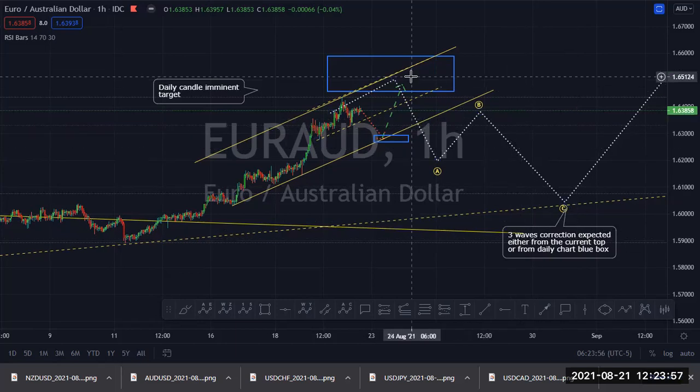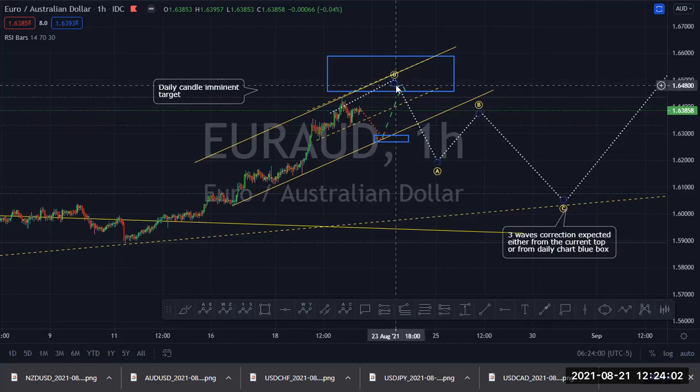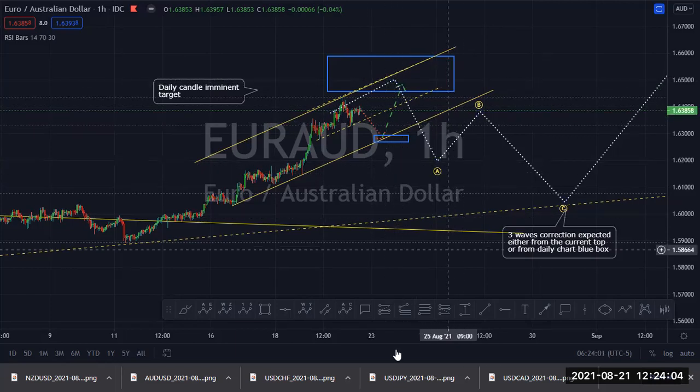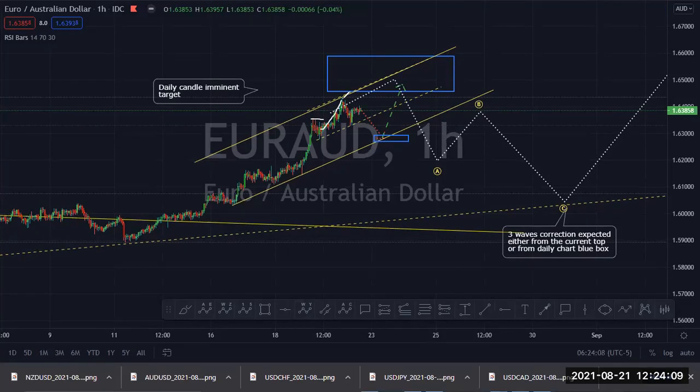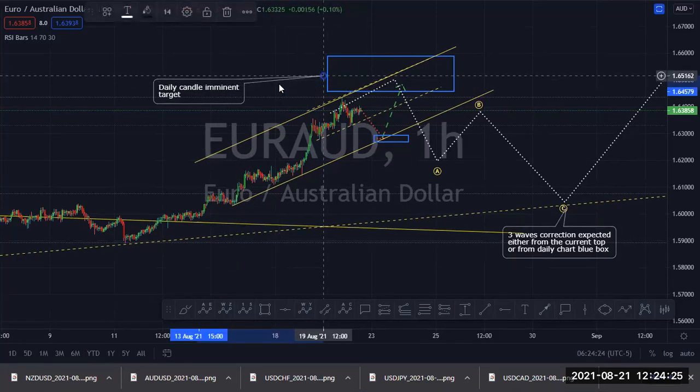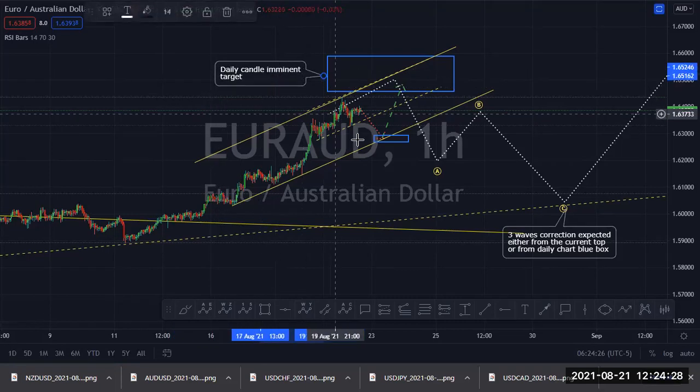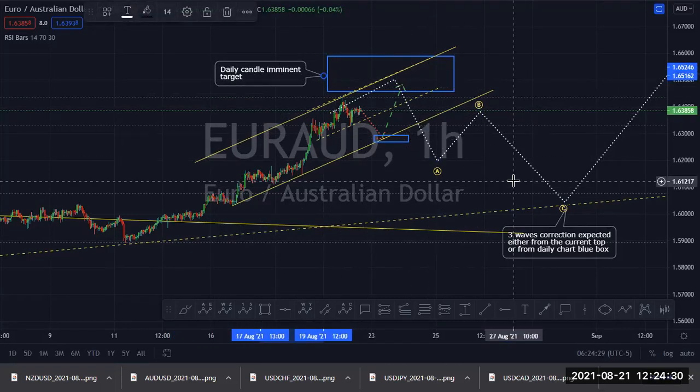Why do I say that? Sometimes when you try to catch the first move, you may think, for instance, the first move will start here. You see it going up. You say, okay, that's here. You see it going up. So you better wait for it to finish to minimize your risk. Remember, here is where we target the current move before the big pullback.